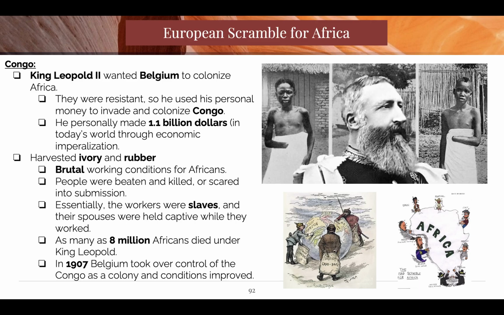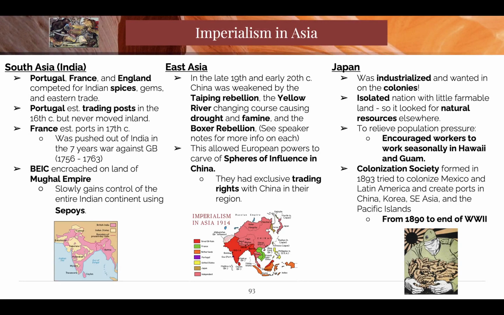Slavery is horrible. People in the Congo were dying at incredibly faster rates than even those in Brazil during peak sugar planting. That's how fast and brutal the working conditions were. And really what he is mining there is he is looking for gold and diamonds. And that's a lot of what is coming out of there. And he is brutal. It is the worst. He's also finding rubber there, which is very, very expensive.